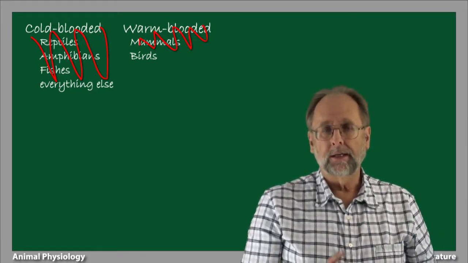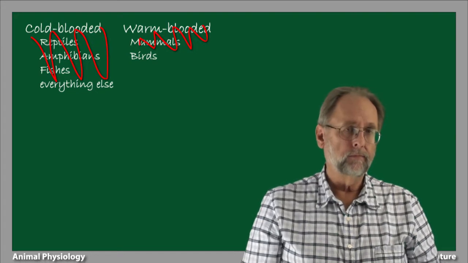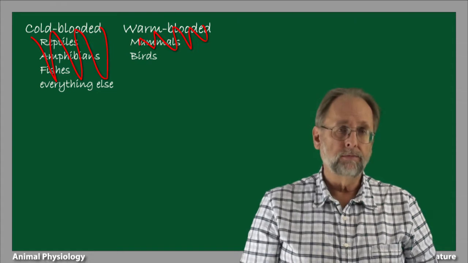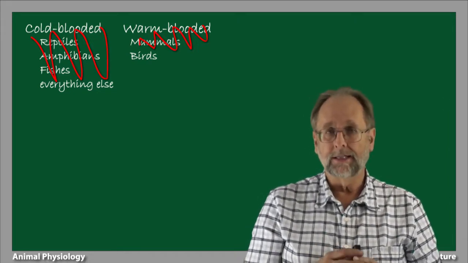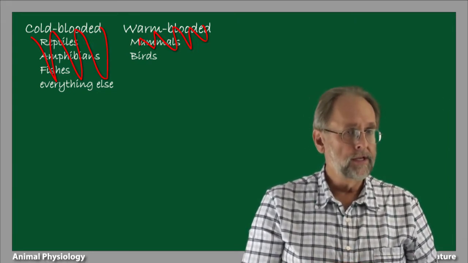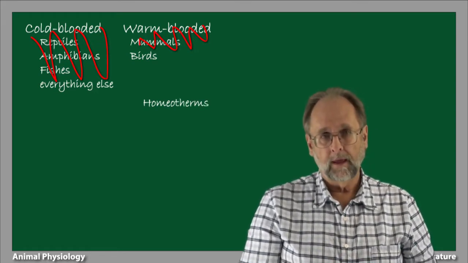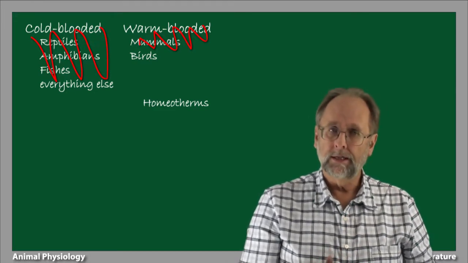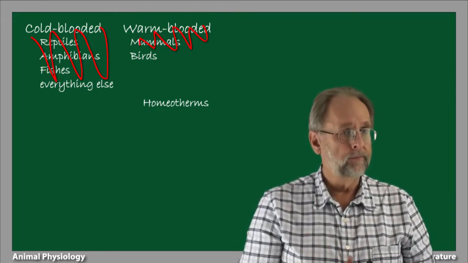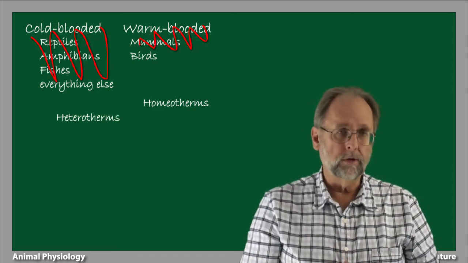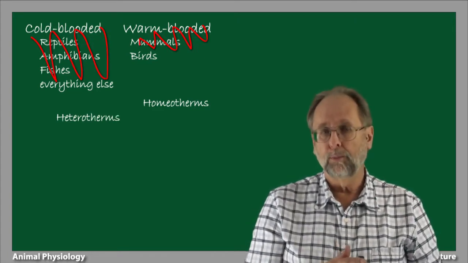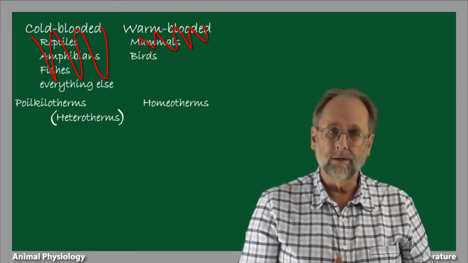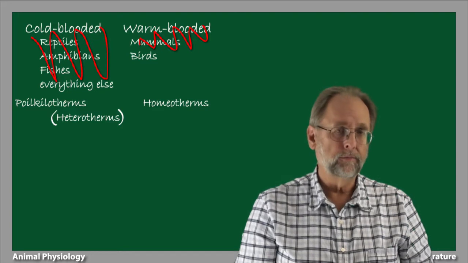We can distinguish at least two extreme categories here. One category includes ourselves and other mammals and birds, that is, animals that sustain a steady body temperature. These animals are known as homeotherms. At the other extreme are animals that do not have steady body temperatures, but instead have body temperatures that vary. These creatures are called heterotherms, although a better term for them would be poikilotherm. Poikilotherm simply means multicolored or variegated body temperature.